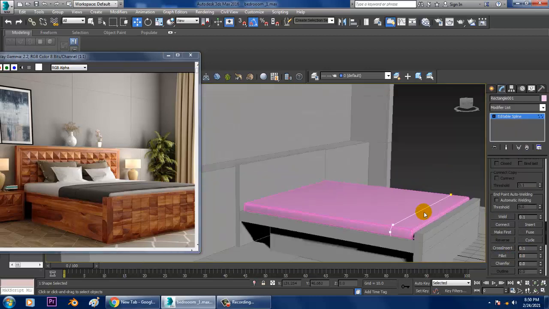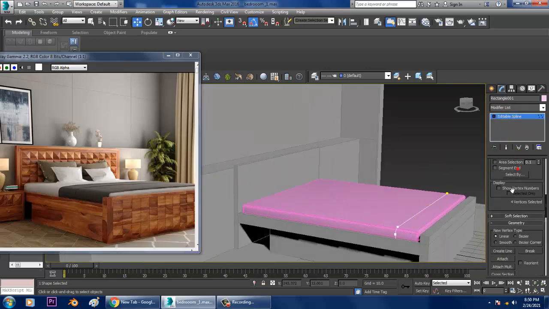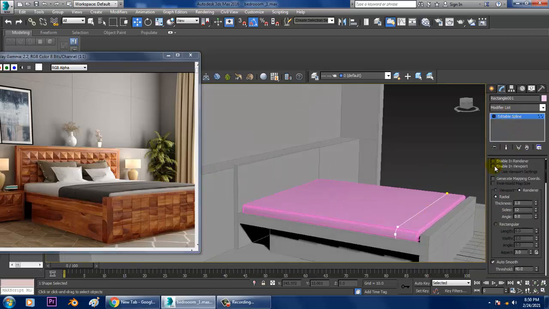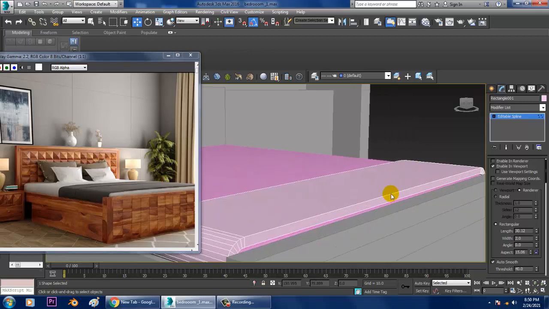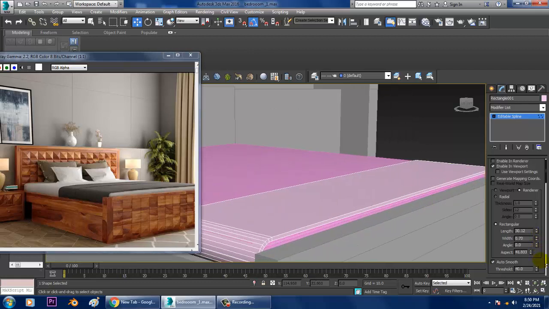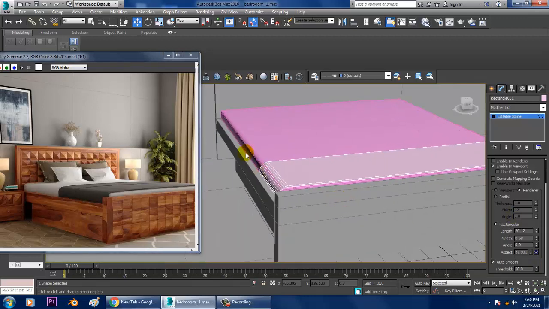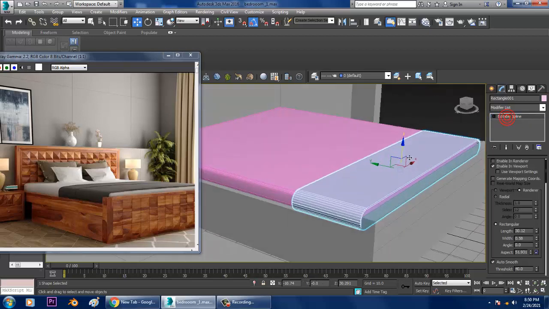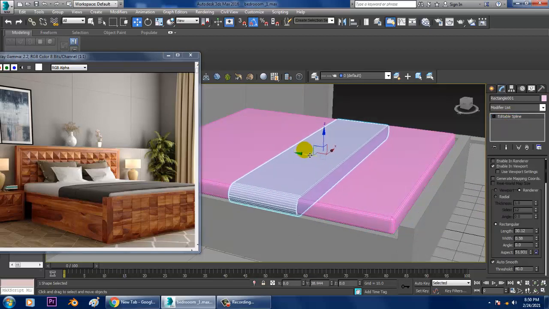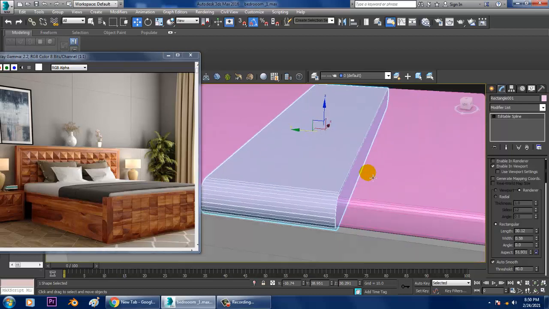After using a fillet, let's go into this, enable in viewport, and let's make it a rectangle over here, and make sure your thickness for this is very less. So we'll be putting it in this way. Definitely we'll be editing it afterwards.